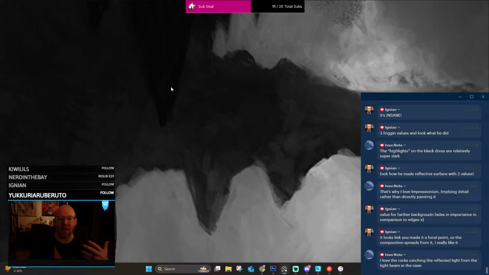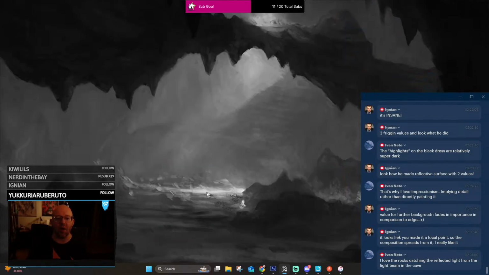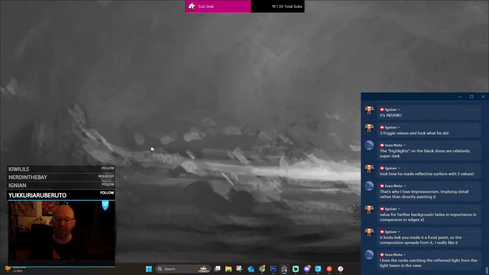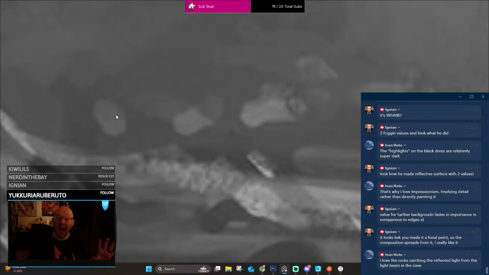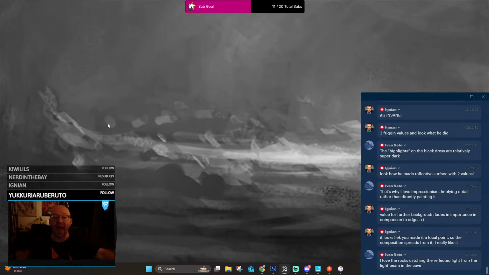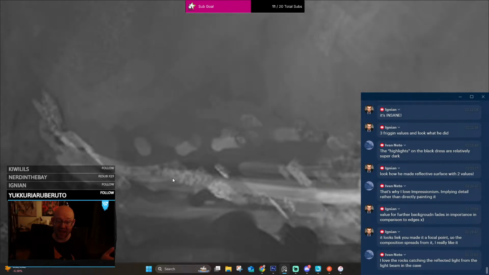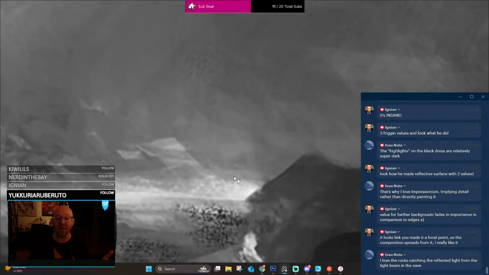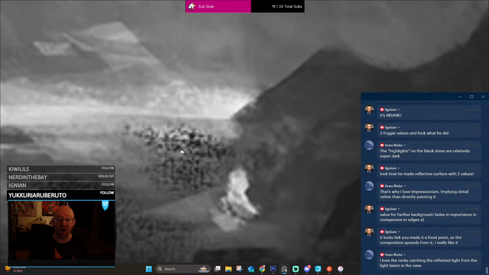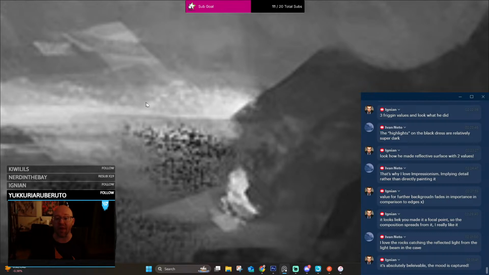And it's this. And then darker than this is this. And then darker than this is that. Once again, it's relative. It's all relative compared to itself. From the light beam in the cave. Yeah, so it's this type of thing, right? And even though this is a highlight, since it's further back, it's actually not big contrast. It seems like it is because it's next to something that is high contrast, which is this rock, these kind of pebbles, and this light.